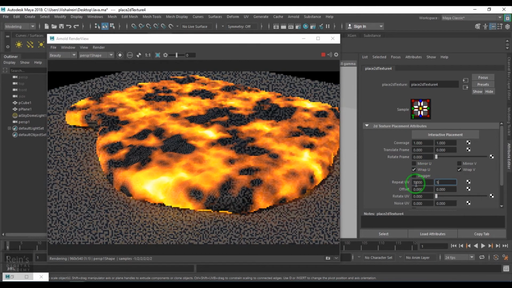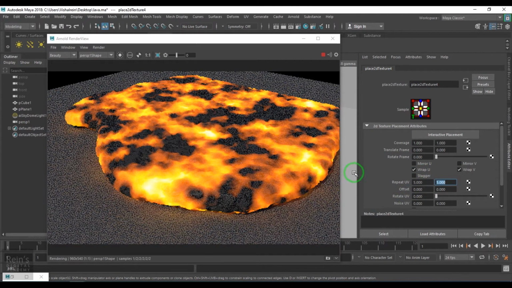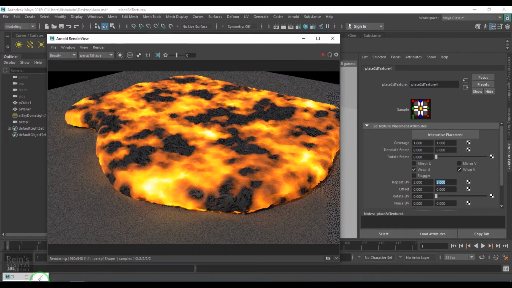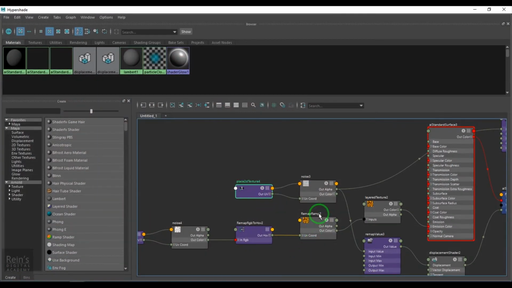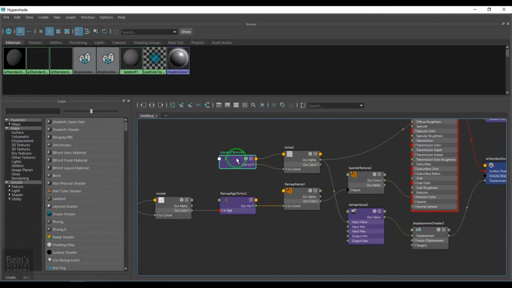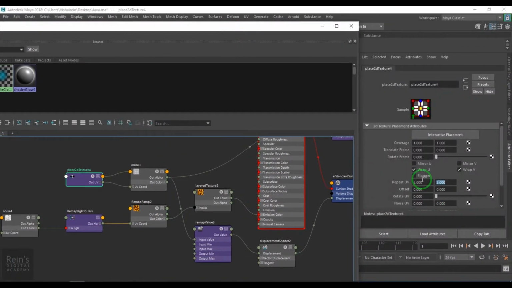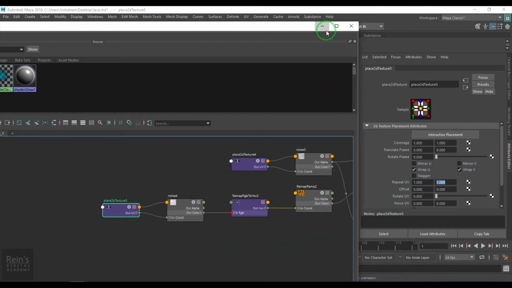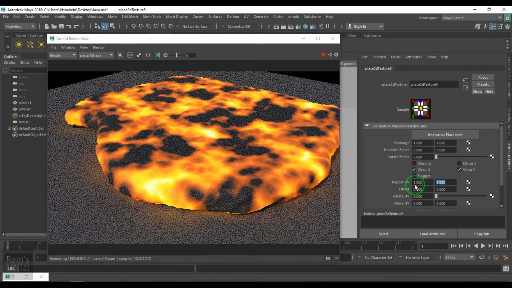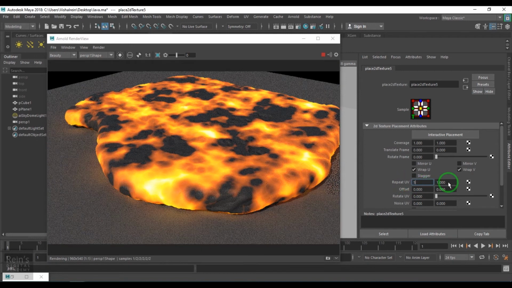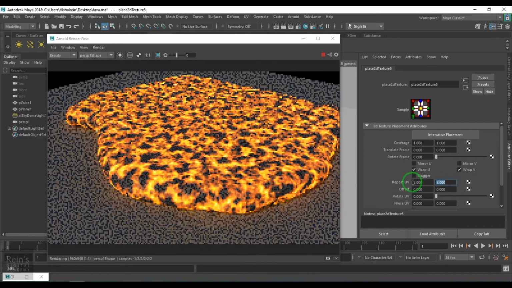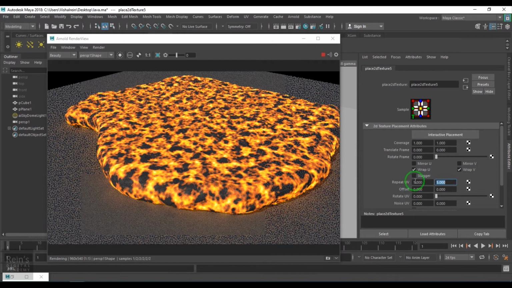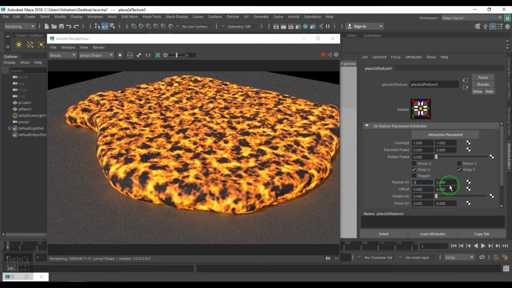Let me see, oh, I adjusted the wrong texture, so I need to do this one. So let's put that to 5 by 5. Okay, or maybe 3 by 3, and select the ramp,